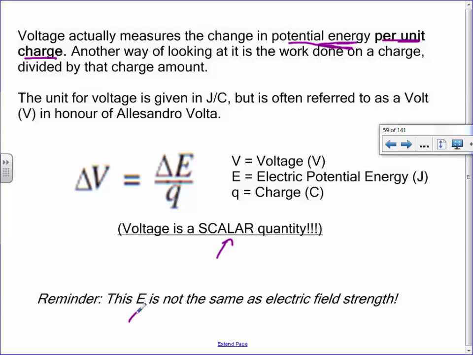And then my other reminder here, it's not field strength. That's the biggest problem I find kids have, is they try to use these formulas in that section on their formula sheet, and they get the E's mixed up because they are different. So, one more thought here. Voltage is actually measured in joules per coulomb because it's how much energy you get for how much charge you have. But we often change it to the capital V for voltage. Volts is based on Alessandro Volta. You guys ever heard his name before? The Russian battery maker, essentially.